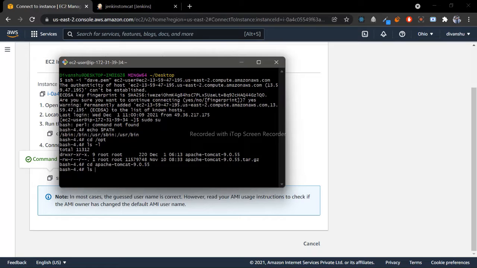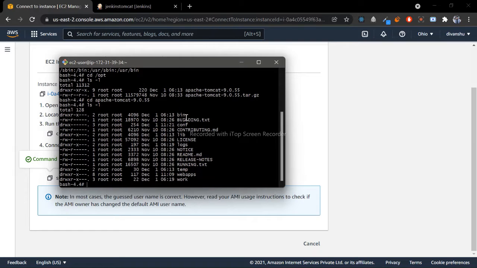And as we can see, we have the bin folder, the conf folder, which contains all the users and permissions given to the users, and logs, which contain the logs of the build time. Webapps contains the apps that are built using containers. Now we'll move into the bin folder,